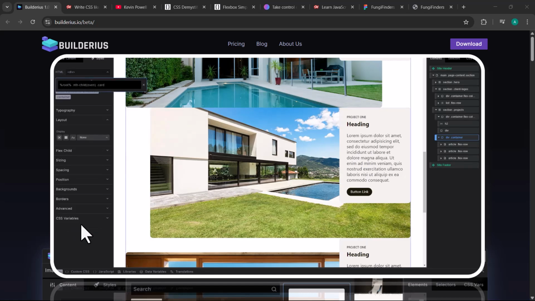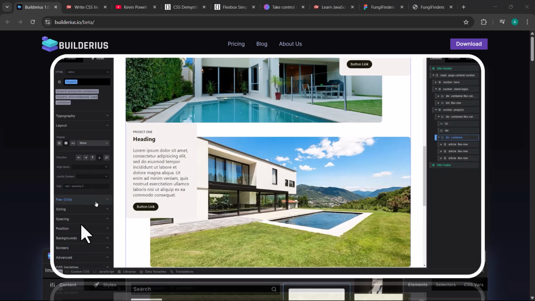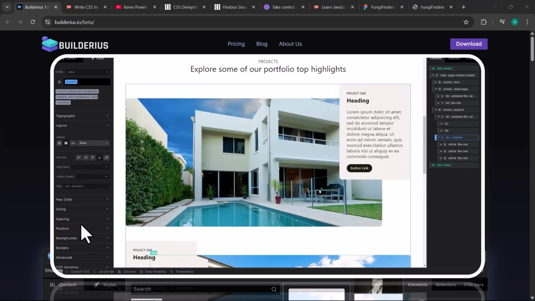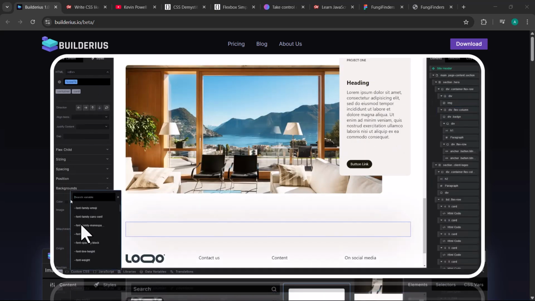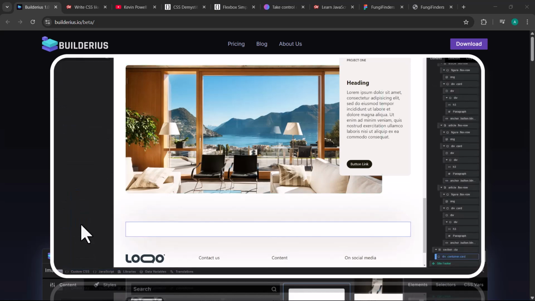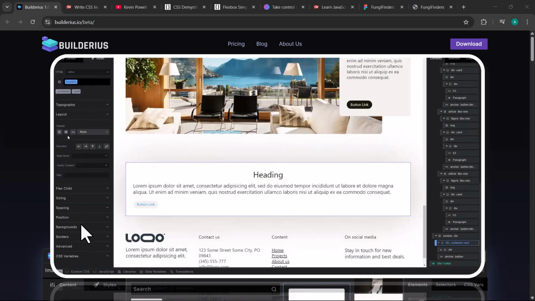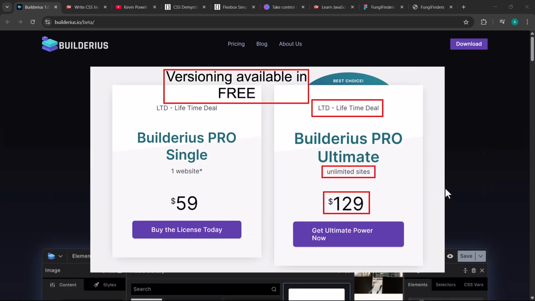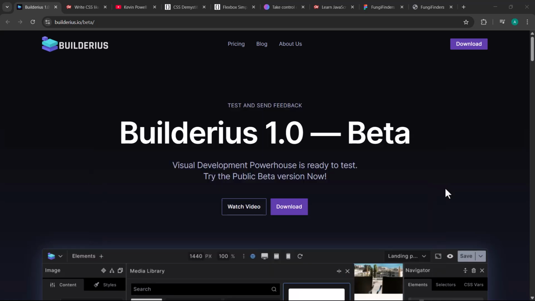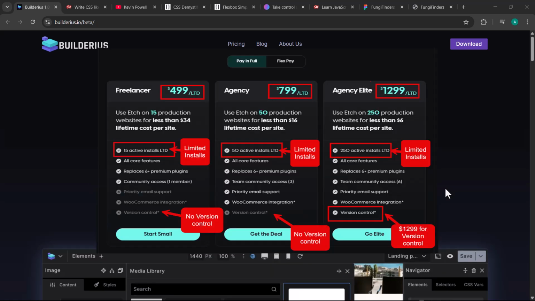So professional workflow for free. This rivals many paid products. Not a trial, not a watered down light plan, a genuinely useful free tier. That's massive if you are just experimenting, learning, or proving a workflow before committing financially. And if you do plan to upgrade, the Pro plan is currently $129 for unlimited sites. Very competitive, especially with newer tools like Etch coming onto the scene at a ridiculously higher price point. Another tool I am testing.